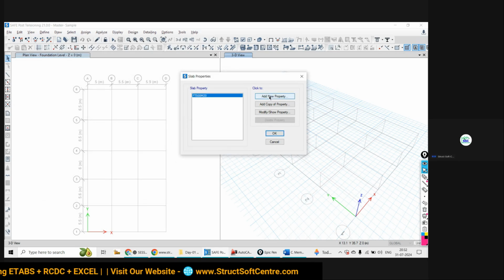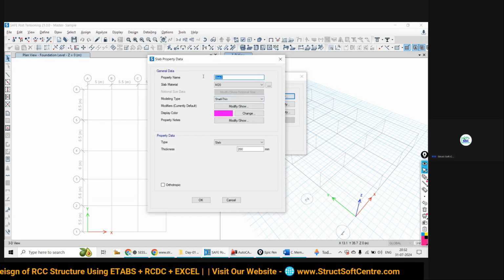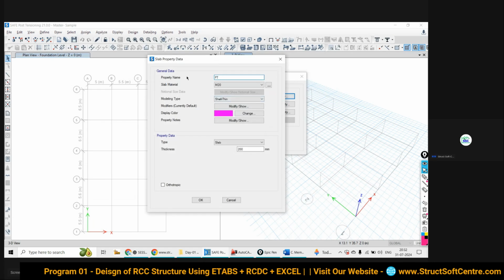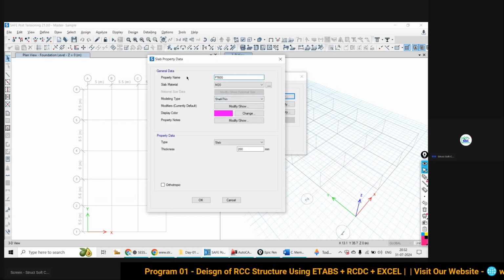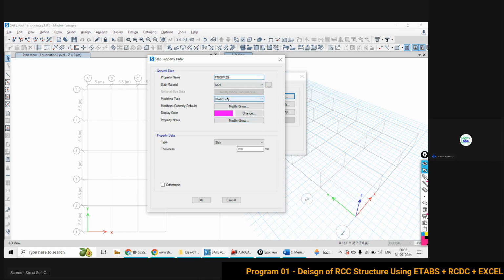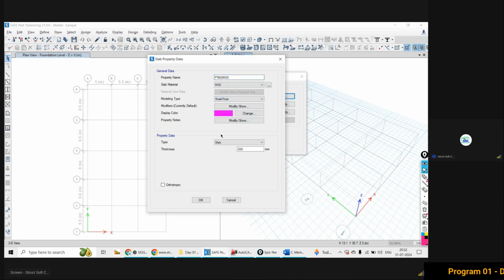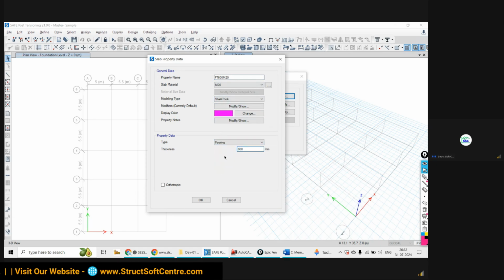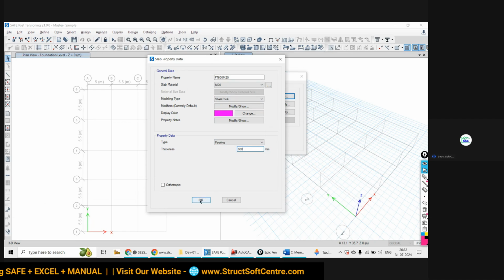Now it's all done. Add new property, footing as 600 mm, 20 grade of concrete. Here again shell thick we always have to choose, don't make the mistake. Then it will be footing, and the size is 600, and I say okay.